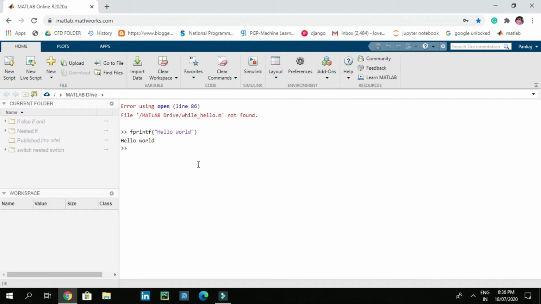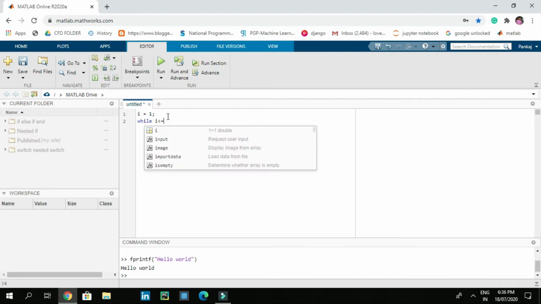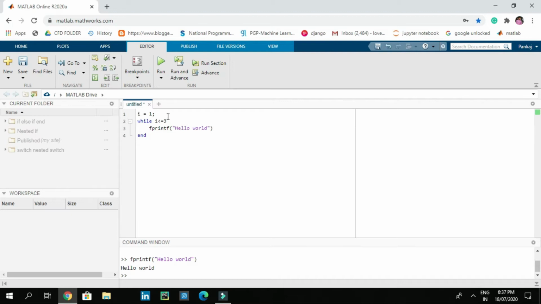So now let's use a while loop for printing hello world 3 times. Let's add one script file and let's say i equal to 1 semicolon and press enter, and on the next line let's add a while statement, i is lower than or equal to 3, and then printf on the next line, open parenthesis, double quote, and inside that hello world, and add backslash n for a new line.